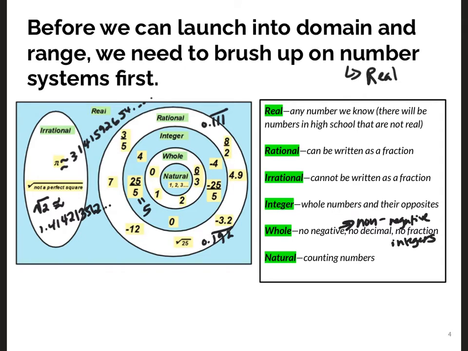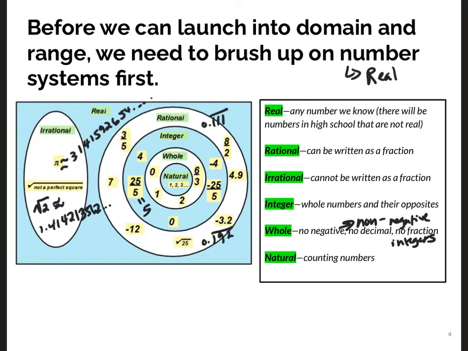Right? So this is why it's a subset of integers. If you're a whole number, then you're definitely going to be an integer, because this is looking like 0, 1, 2, 3, 4, 5, 6, right? Because 0, 1, 2, 3, 4, 5, 6 are all integers, right? If you're a whole number, then you're definitely going to be an integer. The same goes for if you're an integer, you're definitely going to be a rational number, because you can always